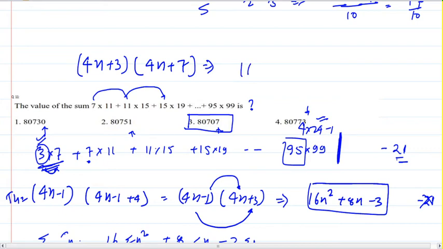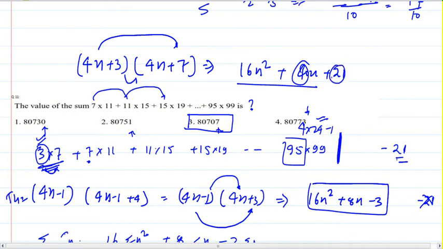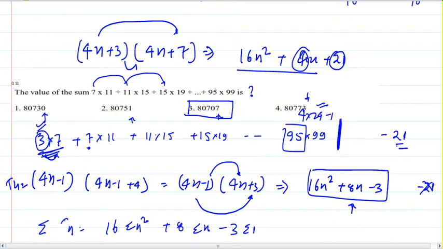And I'll be dealing with 16n square plus, this is 28 and 12, that is 40 times n, and then 21. I'm dealing with very large coefficients and constants. Here I'm dealing with a smaller coefficient, with just the help of minus 21 at the end. Learn these things, guys. Learn these things. This will be very beneficial when you solve live problems in CAT.